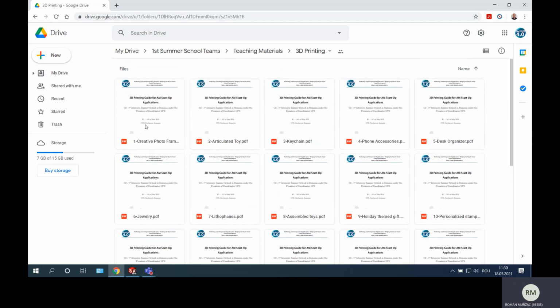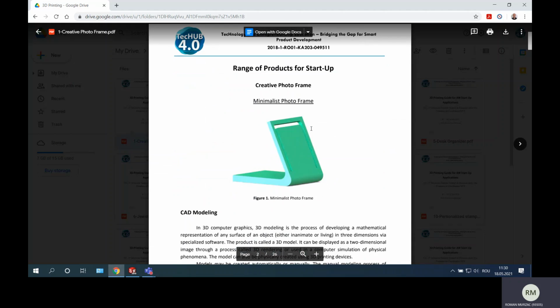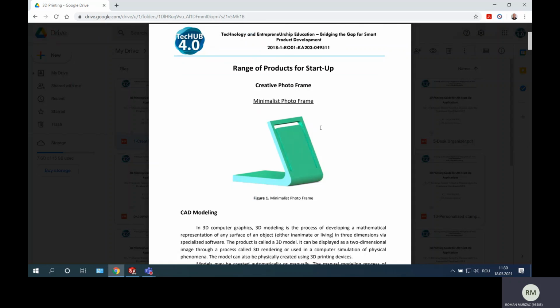So I will start with the first one, and in each video I will present how to design in SolidWorks software each of these products shown in these tutorials. So let's start with the first one. In the first one we had a minimalist photo frame, and we should design this to obtain this product. Okay, so you will be able to follow the tutorial by yourself and design this